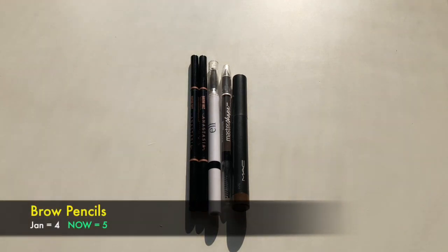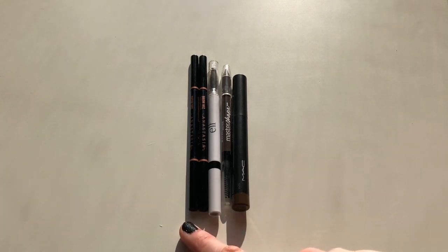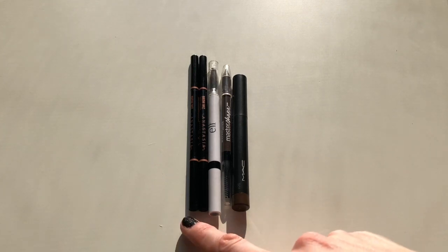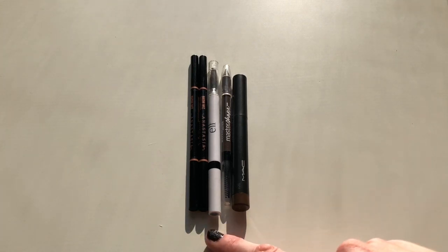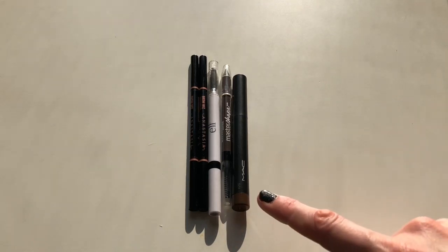Onto my brow pencils. I had 4 earlier this year. Currently I do have 5. My e.l.f. one is almost finished off right here in the center, but on the left I have 2 from Anastasia. These are the Brow Wiz pencils. I have 2 different shades in those. The e.l.f. pencil, like I just mentioned, one from Maybelline, that's the Master Shape, and the one on the end